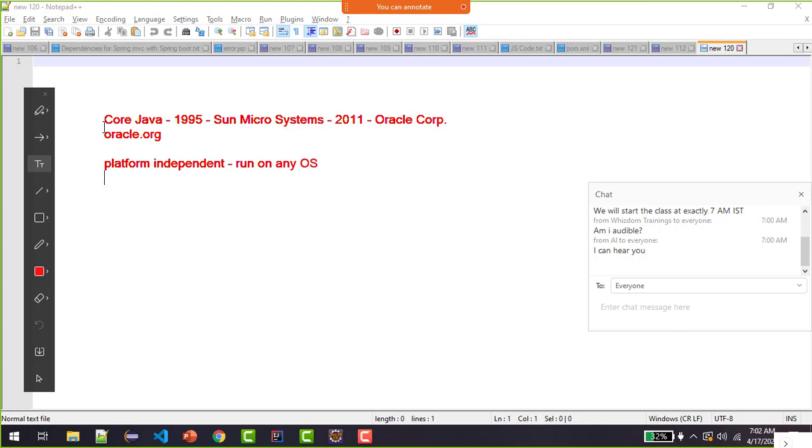That is the reason all Java embedded applications can easily run on Windows, on Mac operating system, or even Linux operating system like Ubuntu. It can run on any operating system basically. That is another feature about the Java programming language.